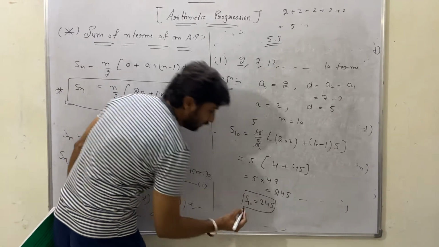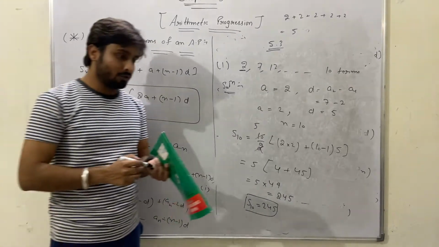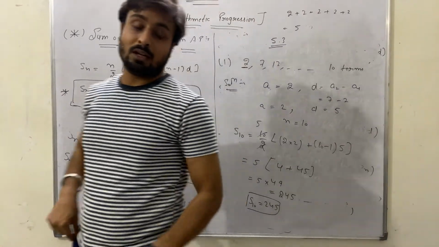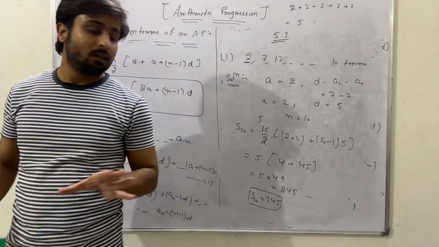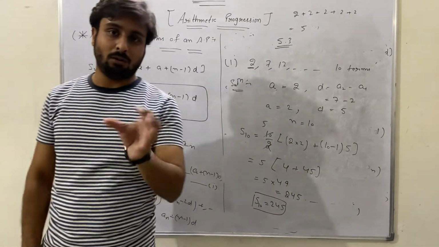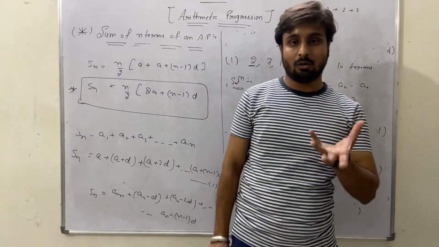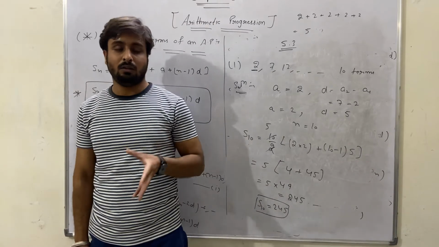This is how we find the sum of n terms of an AP. So there are various questions in 5.3. I've already sent you the notes. If you have any problem, you can ask me. The questions are very simple, and in the board exam, a question of 5 or 4 marks will surely come from this exercise. So we don't have to leave any questions. We have to solve all the questions, and we have to revise all the questions. I'll send you the notes.